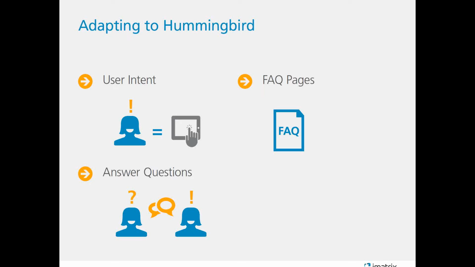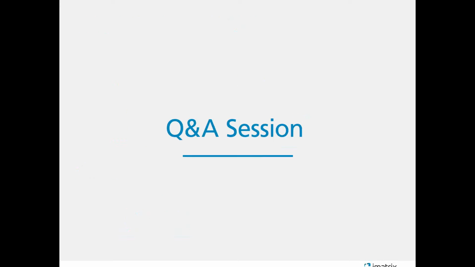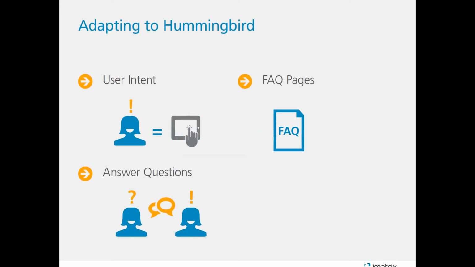So if you're already creating custom written content for your website, you should probably be mostly adapted for Hummingbird. If you aren't, now is probably the time to start writing your own web pages, blogs, etc. A great idea is to create a frequently asked questions page. If you're a chiropractor, maybe you can start throwing out questions like why is chiropractic important, and then throw a little answer below it.